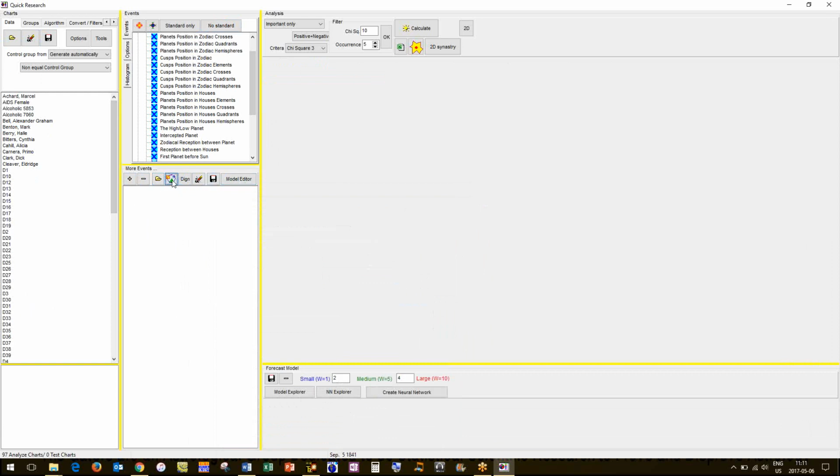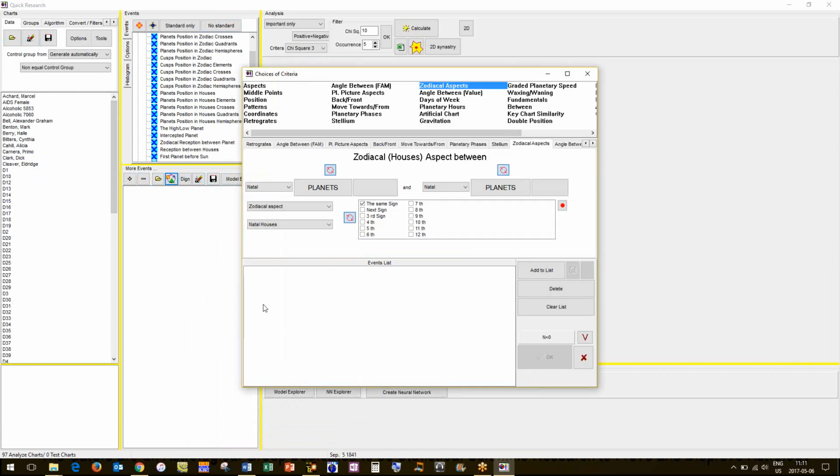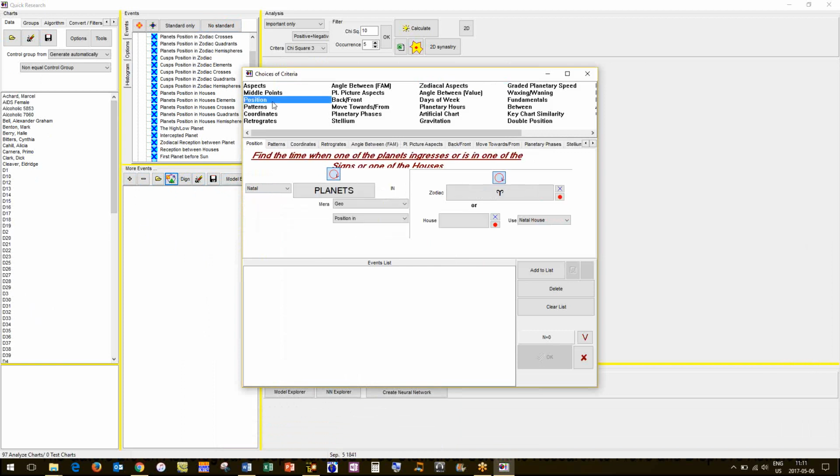Okay, so here's diabetics. By Rex Bills' book, we suppose that Jupiter has an effect on diabetes. So, 97 people with diabetes. We come here and we can look at positions.